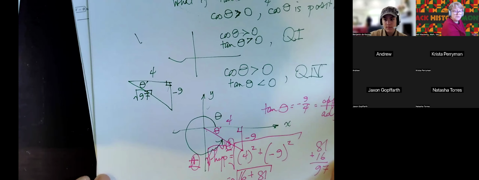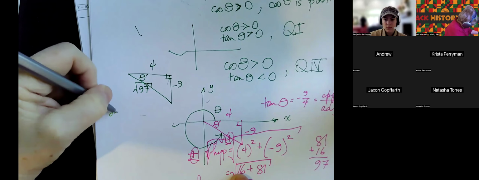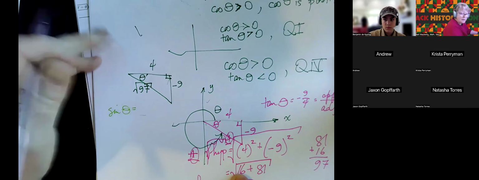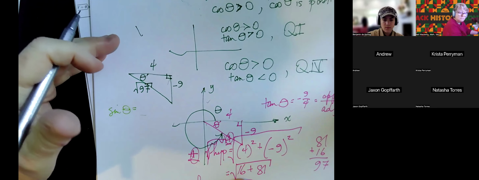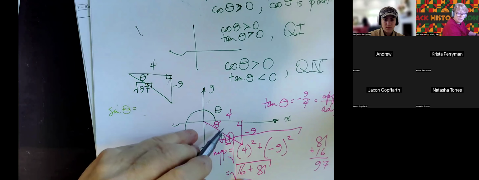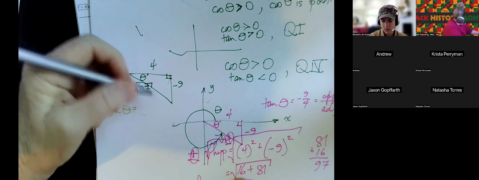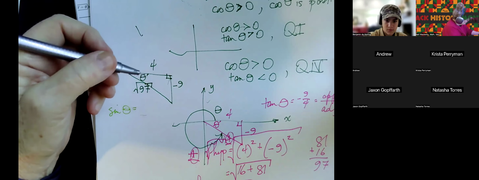We're going to wait until the very end to rationalize anything that needs to be rationalized. So the sine of theta, where theta is measured this way, the sine of theta will be,